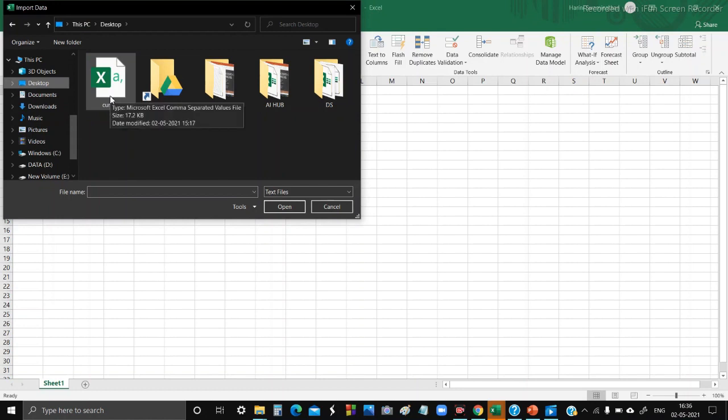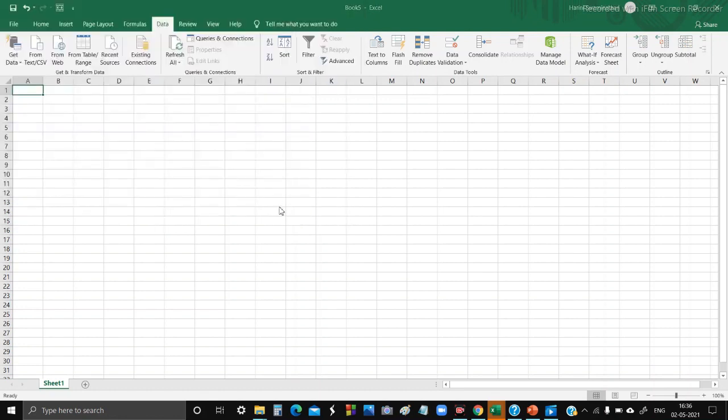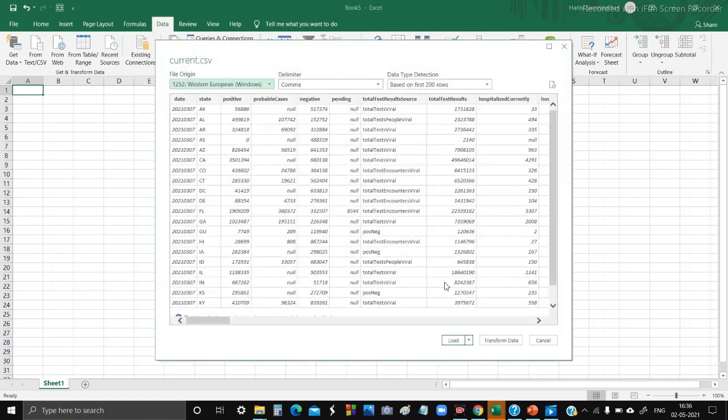Here, in this case, we are importing this folder, current. Now, we have selected the file and imported it to Power Query. We will get a preview of the file's content as we can see here. Click on Transform Data.